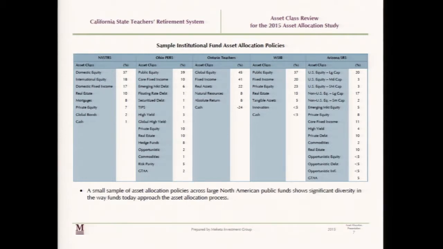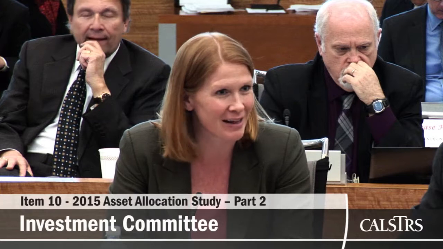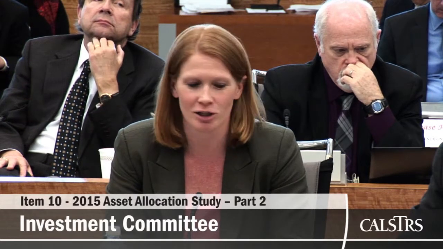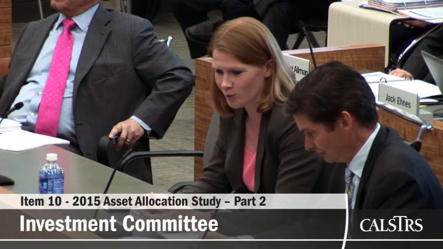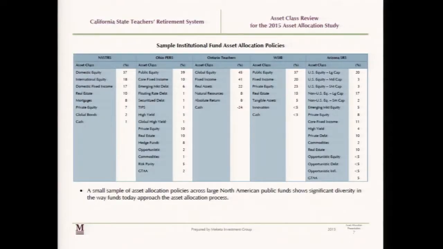I don't really think we need to spend time on slide 7; it's been mentioned by Chris and by others. This is simply to provide you with a comparison of a few other large public funds and to show that there's really no one industry practice when it comes to asset allocation. Some plans use fewer asset allocation targets and asset classes, and some use many. Ohio and Arizona expand down into even looking at large cap and small cap equities with explicit targets.